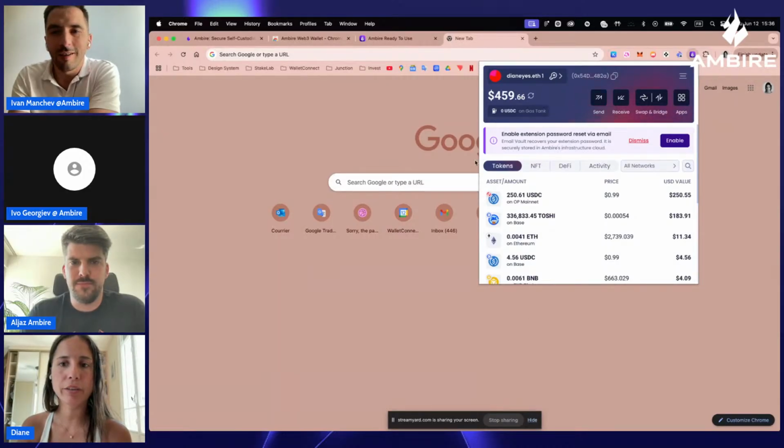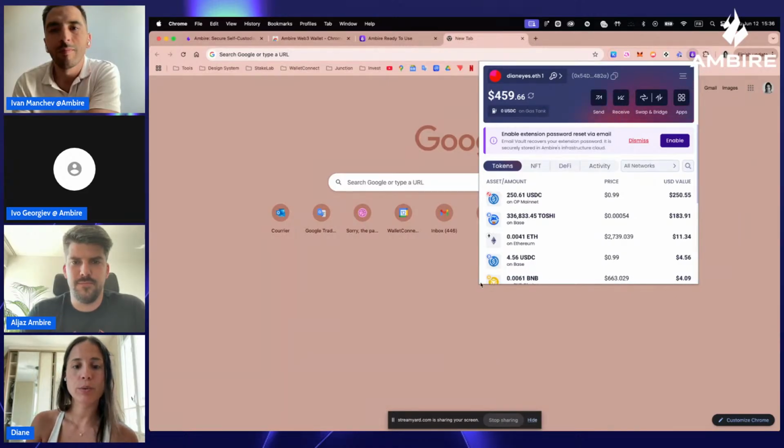So I arrived on my extension. What I like is that it's bigger than a small wallet extension, but I think it could be really nice if we could enlarge it. I think we can do it with a side extension if we have the extension from the right. Maybe we could check if we can make it bigger from here. There are a lot of elements on the screen.